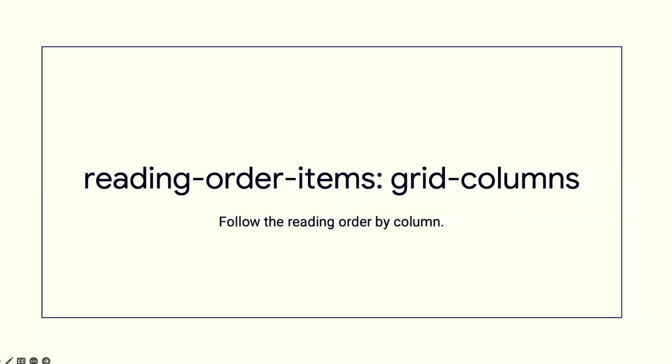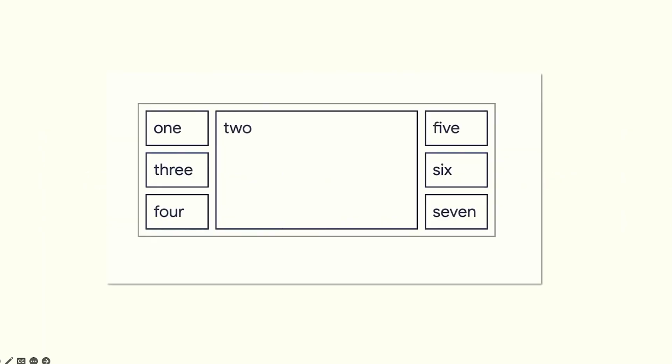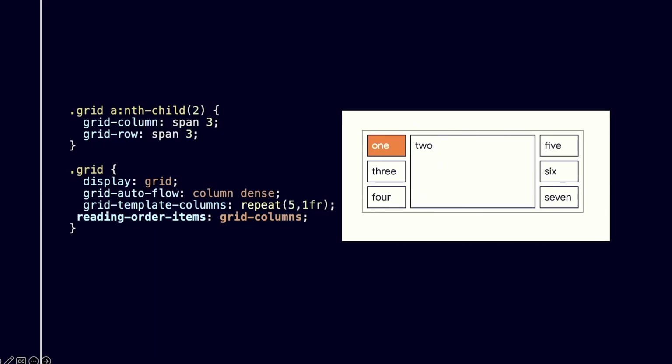Now, you might want to go by column. You might have something laid out where you'd like to actually follow the columns with your tab order. So perhaps I end up with a dense packed layout like this. The items have been laid out by columns, so auto-flow is laying them out by columns. And again, we're doing this kind of weird jumping across thing based on the order they are in the source. So here I can use reading-order-items grid-columns, and I get a much nicer kind of experience as I tab around because we're going by column. And that's kind of what you would expect. If you saw that layout, you wouldn't expect to be hopping all over the place. So that's what grid-columns would do.